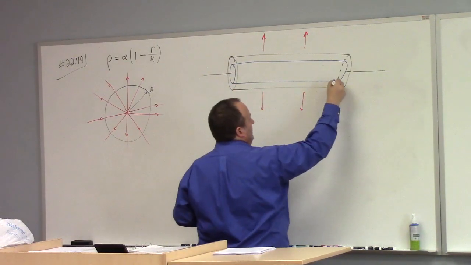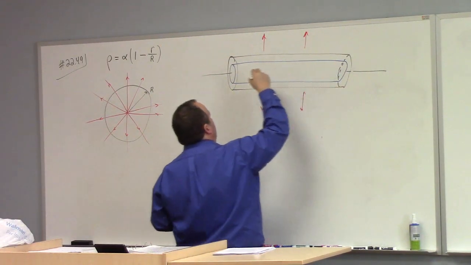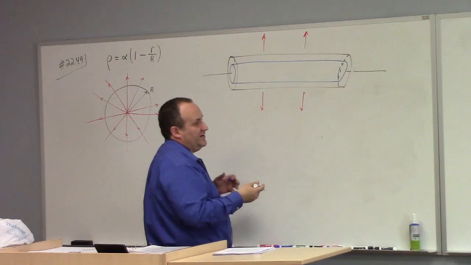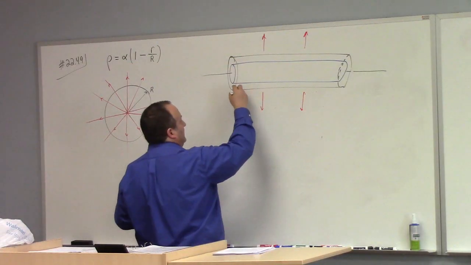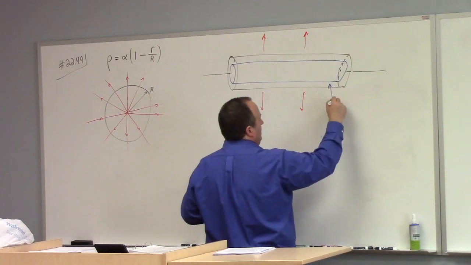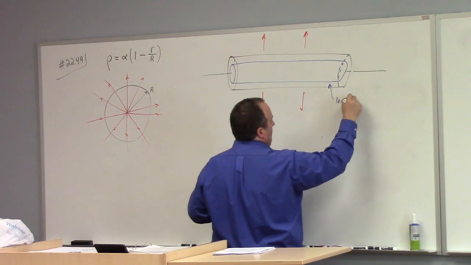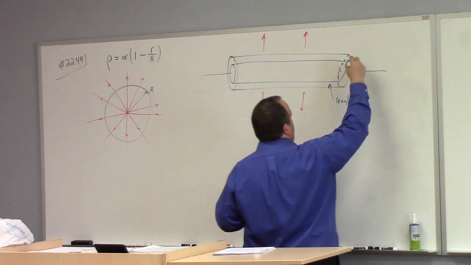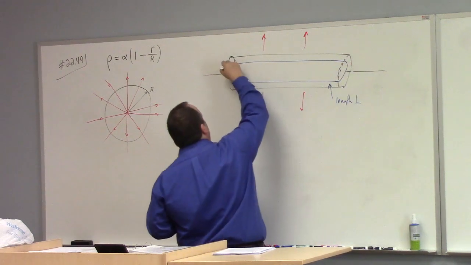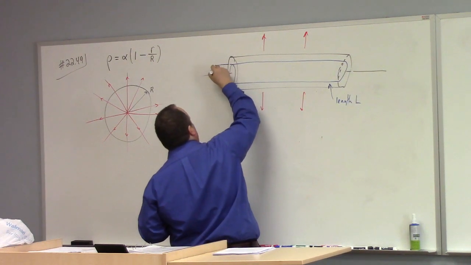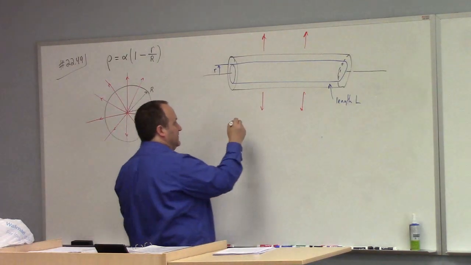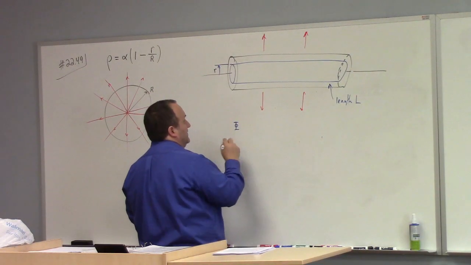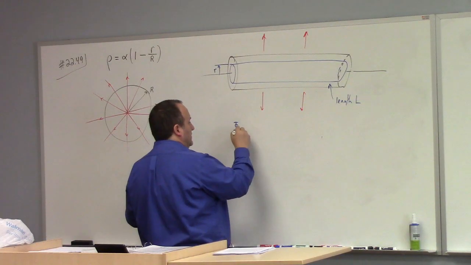Something like this, it keeps going and going, right? But for the sake of specificity, we usually draw a finite one. So we'll think about this Gaussian cylinder having length L and radius, little r, right? So the flux through this Gaussian cylinder should be,